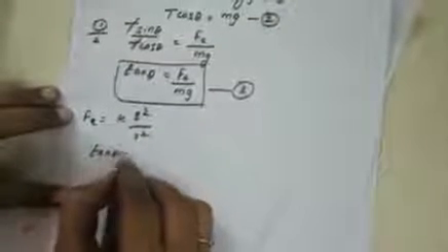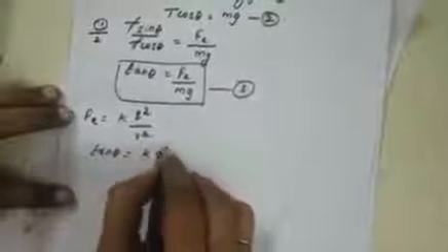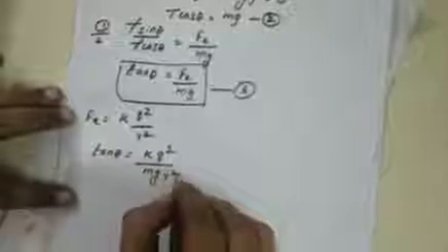Tan theta is equal to k q squared divided by mg r squared. From the diagram, we are going to calculate the value of r. This is the value of r. We are calculating the value of r from the diagram. So this is the hypotenuse, this is the opposite side. So using this diagram, what is that?